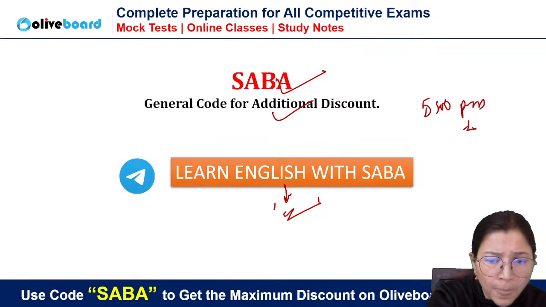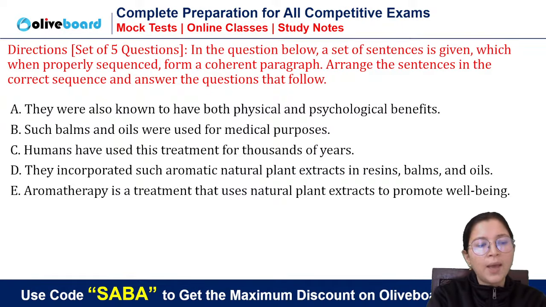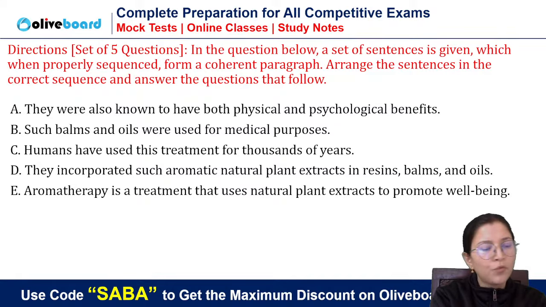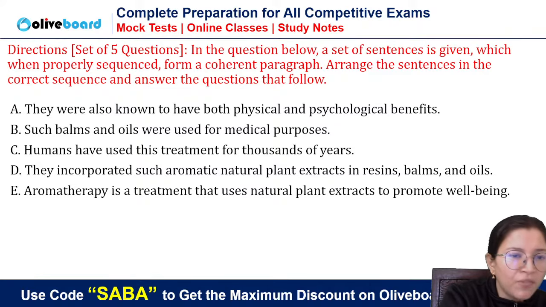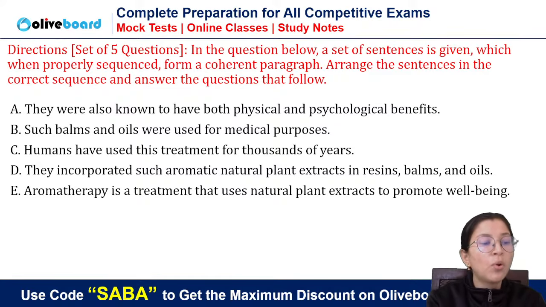ओके, coming back to our topic. This is called parajumble. I have got a very simple parajumble for you. Can you solve it? Anybody? Very simple parajumble I've got for you. देखिए, parajumble क्या होता है कि 5 sentences are there. These all are jumbled. तो आपको उनको अरेंज करना होता है. बहुत सारे रूल्स होते हैं इसके लिए. बट एक बहुत सिंपल पैराजंबल है तो जस्ट ट्राई इट गाइस.